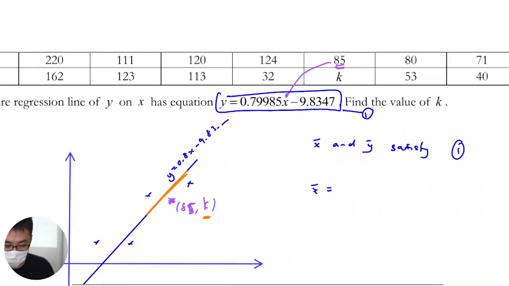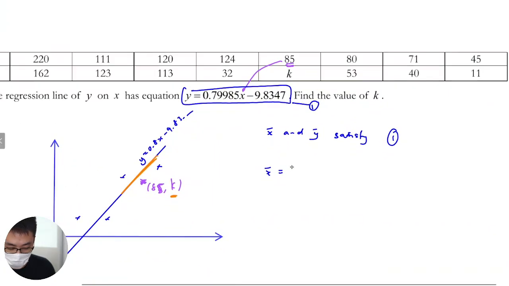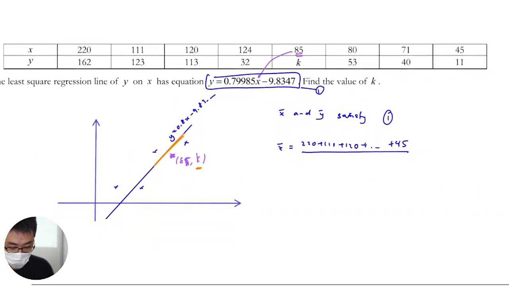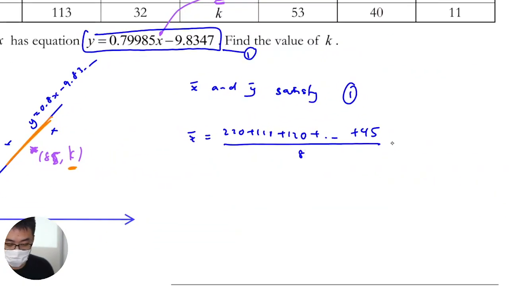Just x bar lah. It's just the mean, the average of everything. Just add up everything that we do since primary school. Divided by how many data points are there? There are like 8, right? 2, 4, 6, 8. X bar would be 107. Y bar would be